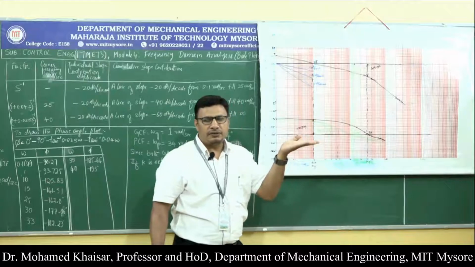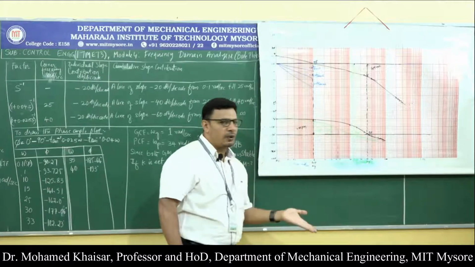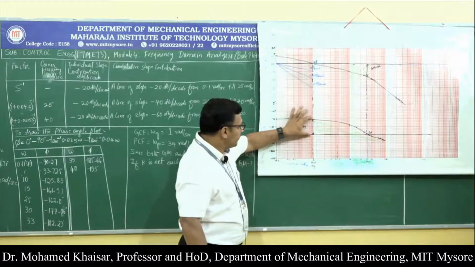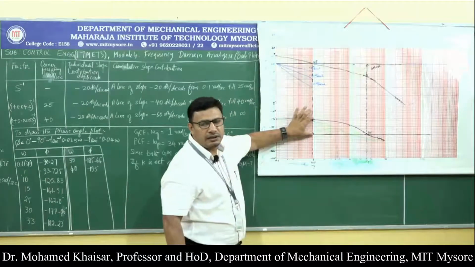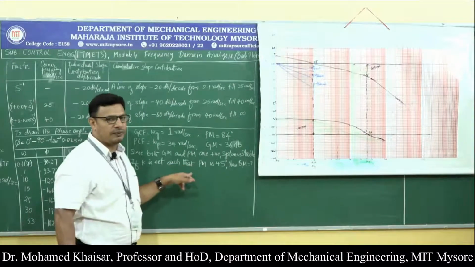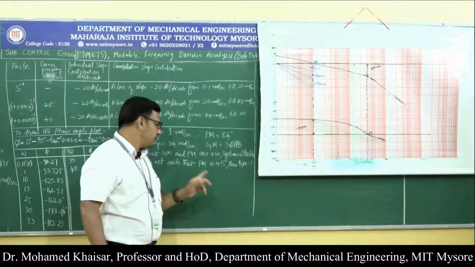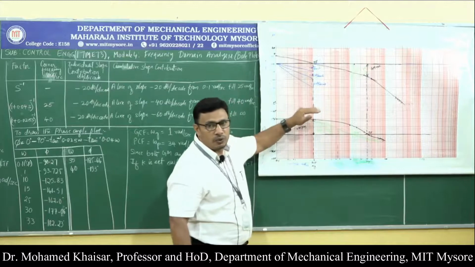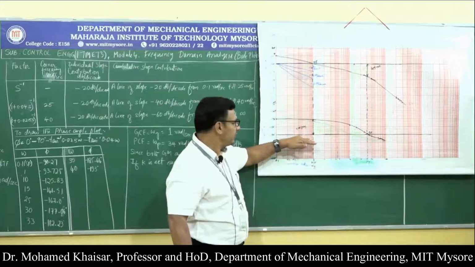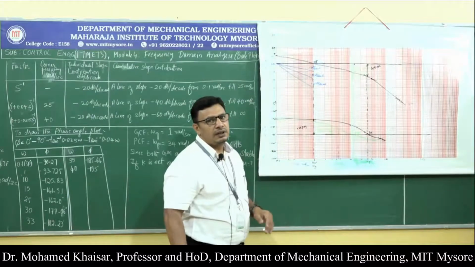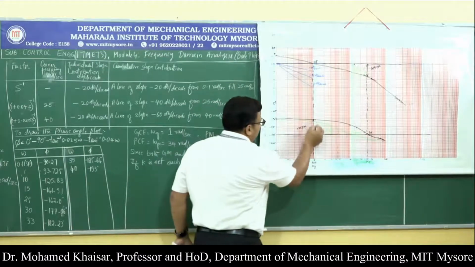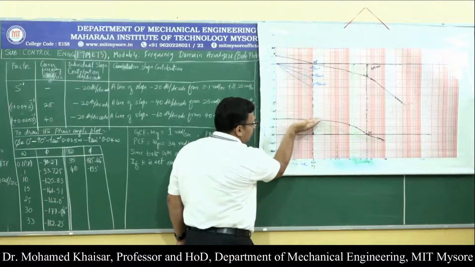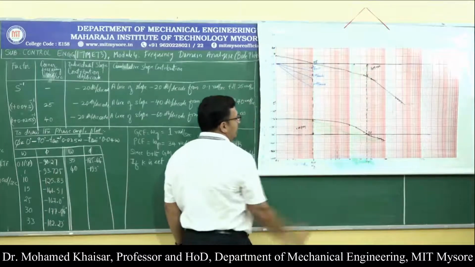So we can shift the minus 180 degree line itself above or below such that the phase margin we get will be 45 degrees. Since the existing phase margin is 84 degrees and the new phase margin, for which the gain margin is to be found, is 45 degrees, we will shift this minus 180 degree line upwards, above its existing position, such that the phase margin we get will be 45 degrees.